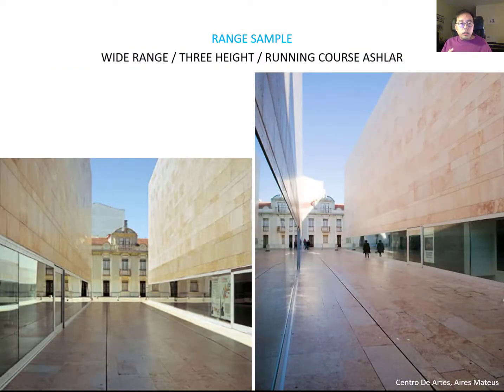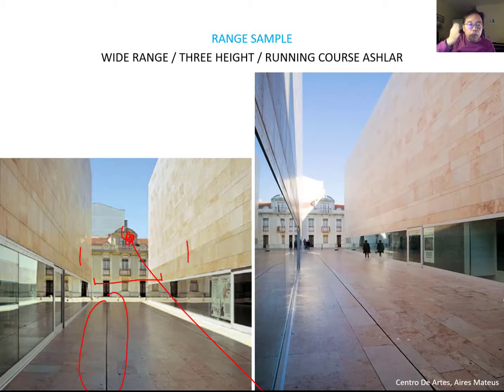I think this project arranges the stone panels very well, but you can also find an interesting technical part. In this passageway between the buildings, the architect wanted to connect one city block to another city block, more naturally flowing from one side to the other. But when you look at this project,